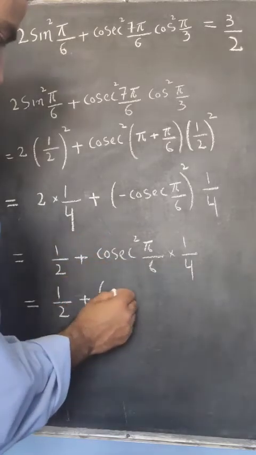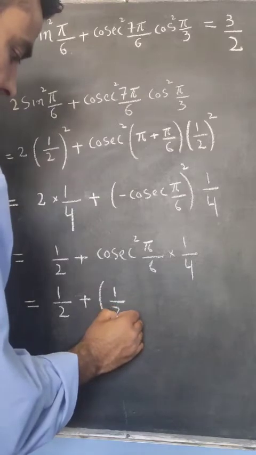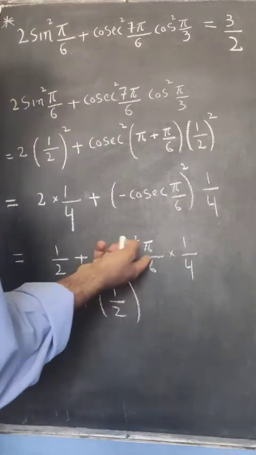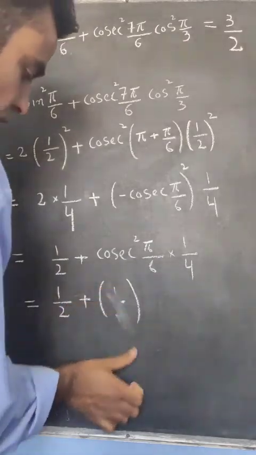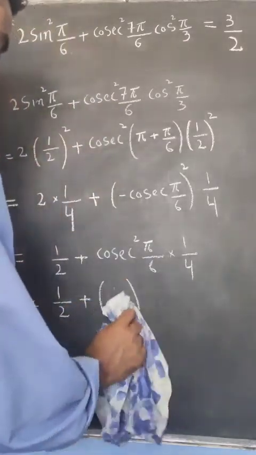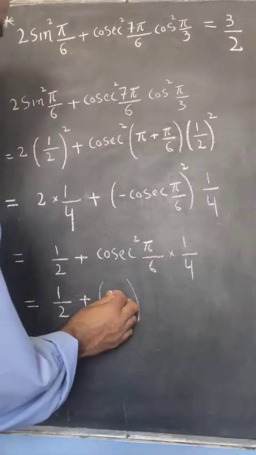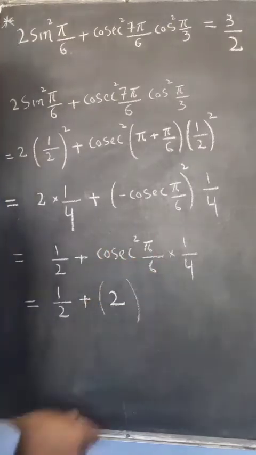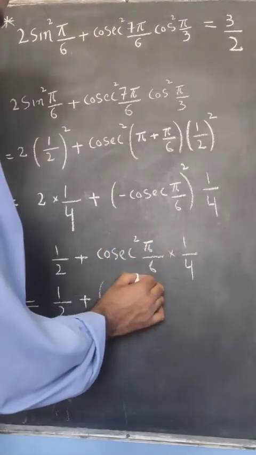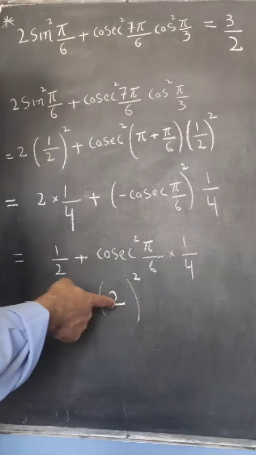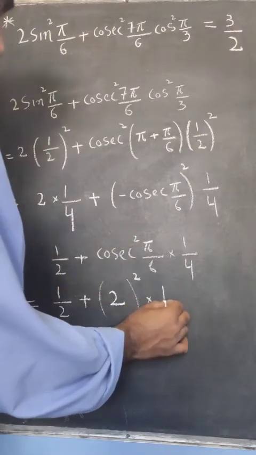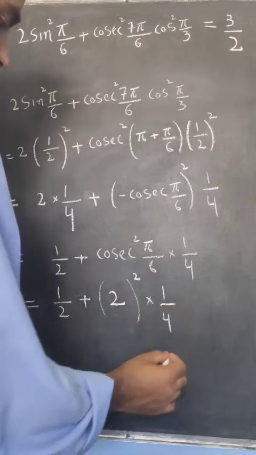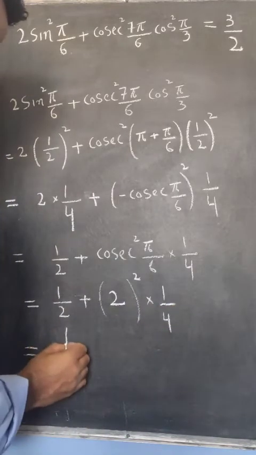So cosecant pi by 6 or cosecant 30 degree is equal to 2, and here we have square, so put square here, into 1 by 4, so that is equal to 1 by 2